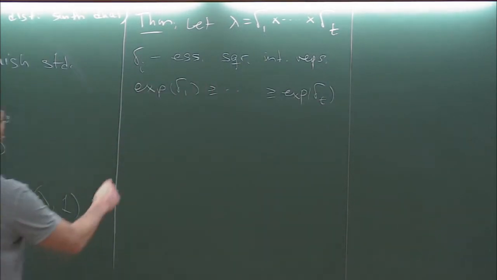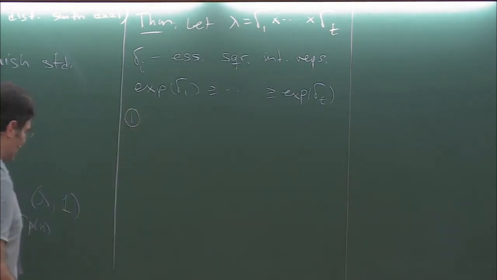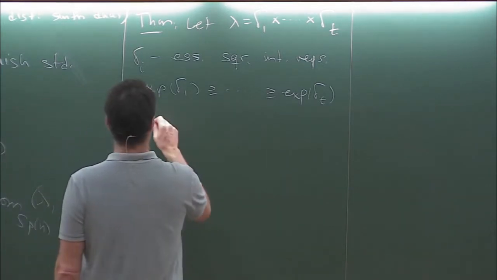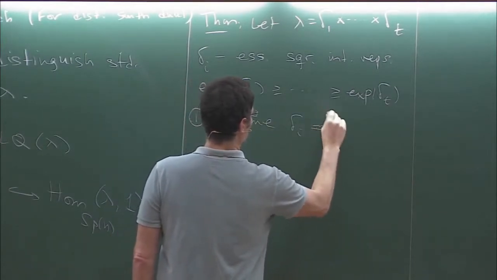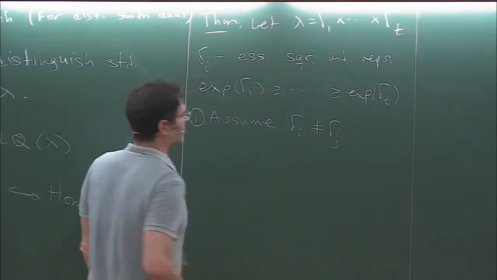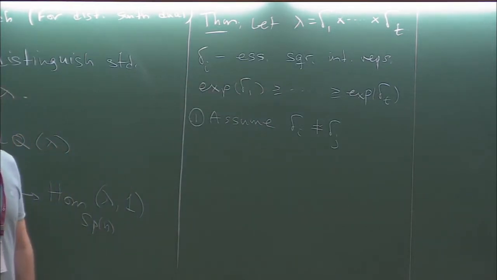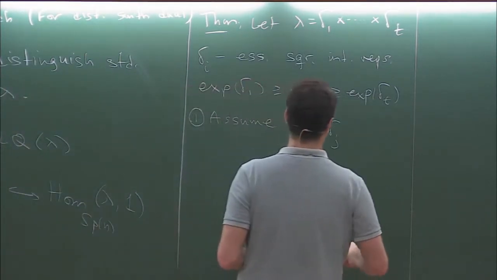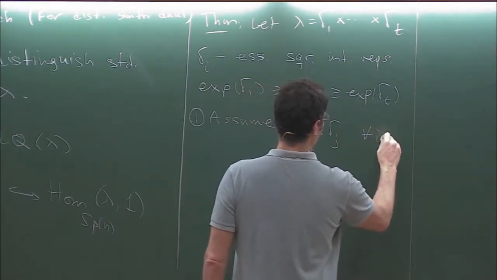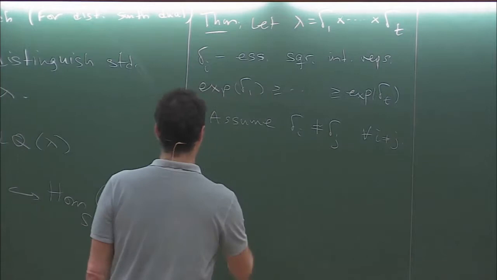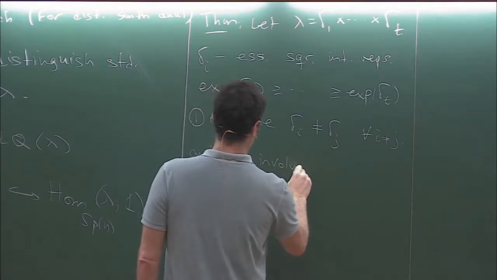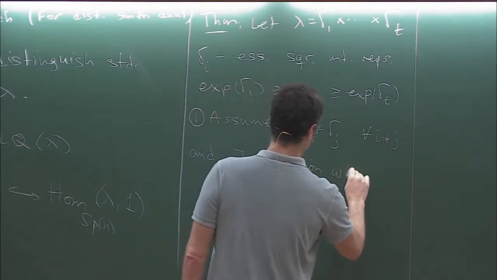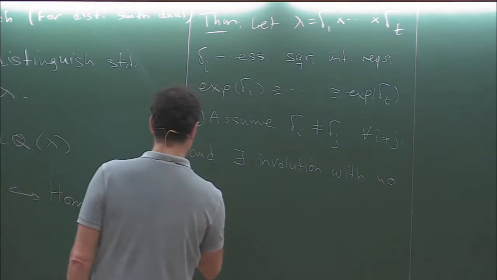Then, first of all, we assume that all the square integrable data are different from one another. So that is, of course, a restrictive assumption. And there exists an involution with no fixed points